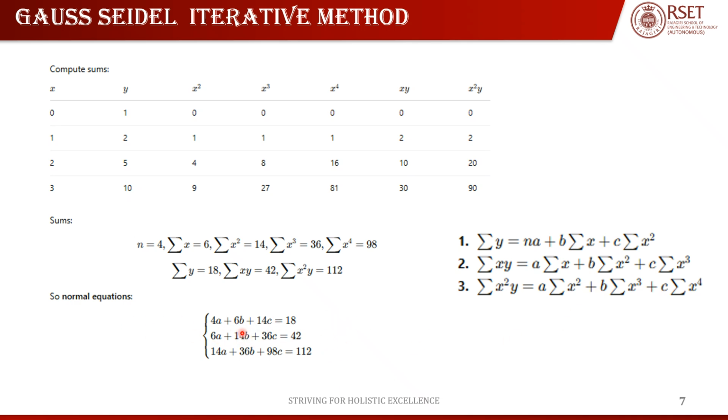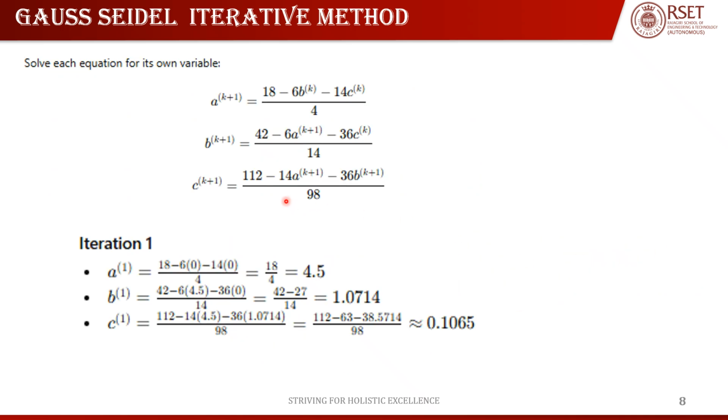From the second equation you keep 14b here, from the third equation you keep 98c here, and you will be having the equations in this form. It is 18 minus 6b minus 14c by 4, 42 minus 6a minus 36c by 14, and this is your equation. So to get a1, we just substitute b and c to be equal to 0,